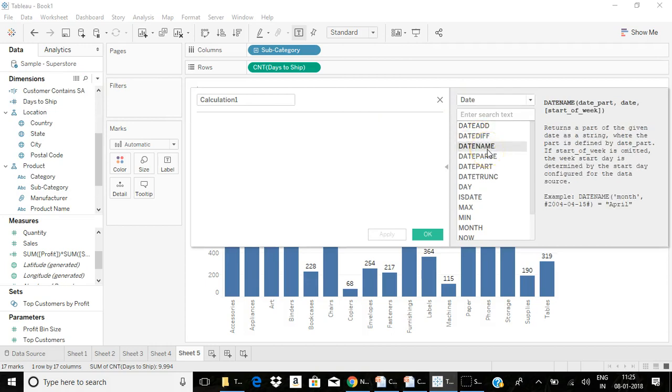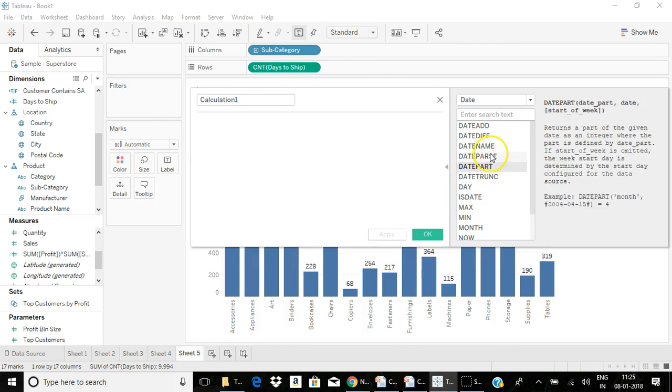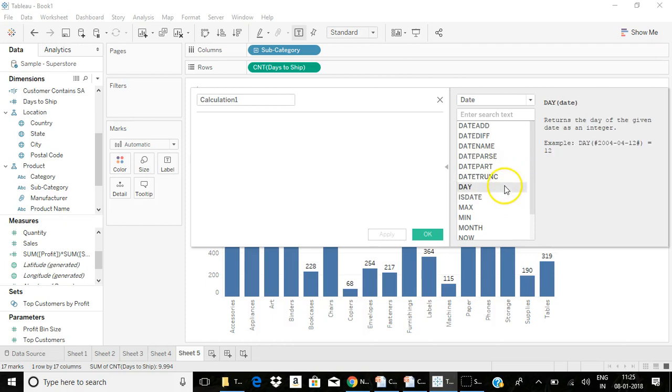Date name will specify the name of your date parts. Date parse function is used to convert a string to a date in a specified format. Date part will help you to separate a particular date part from the whole date. Date truncate will also do the same. It will truncate a particular date part from the whole date. Day will return only the day from the date.